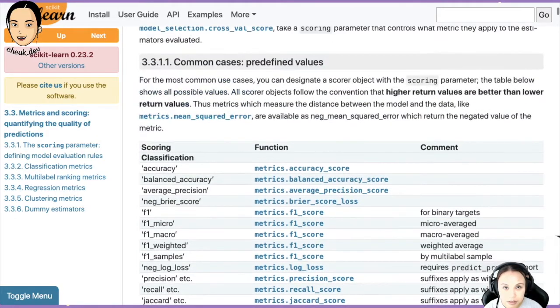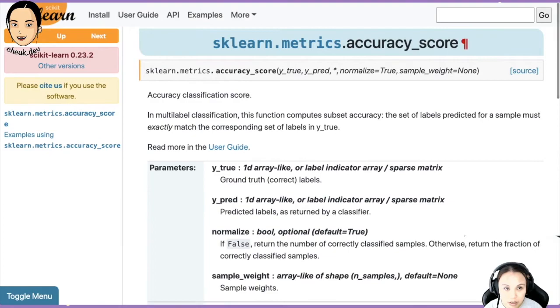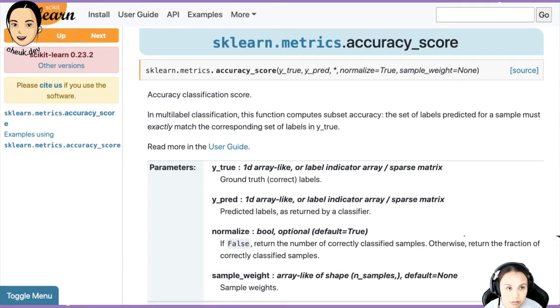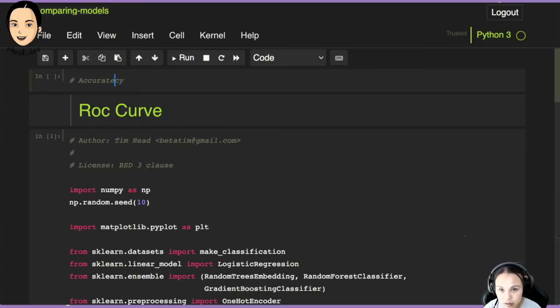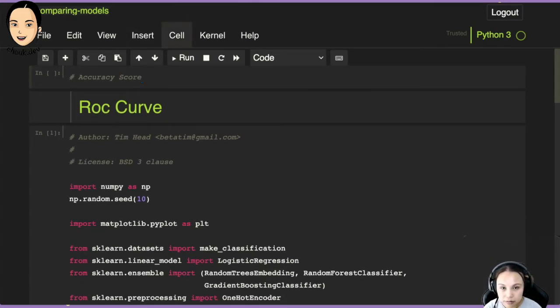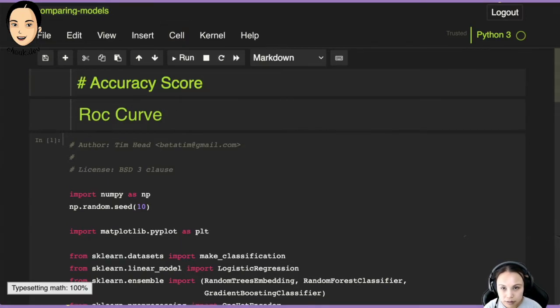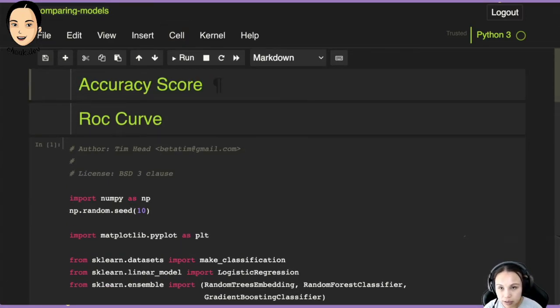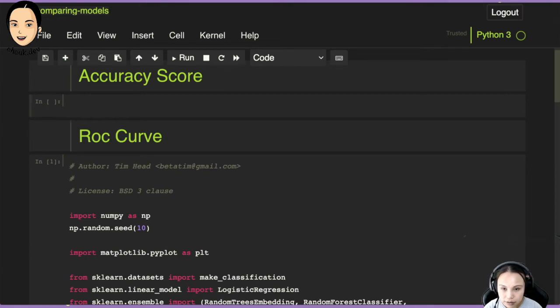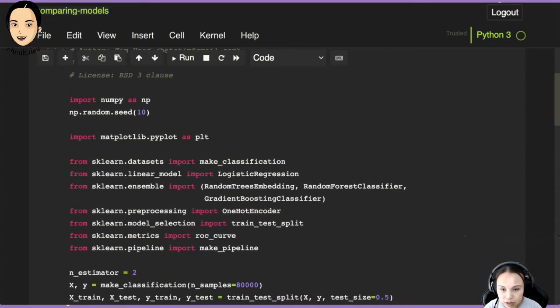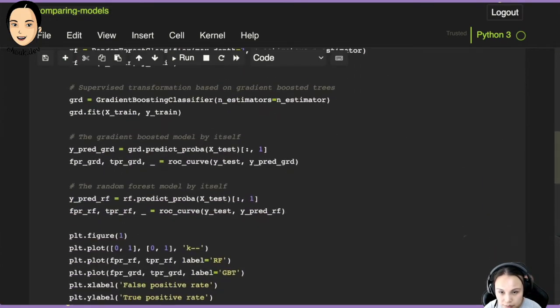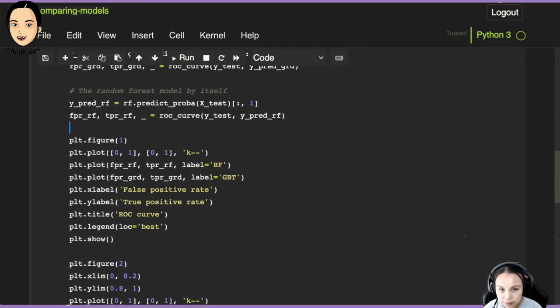Accuracy score. Score, right? Okay, so down I have this, and then I would have... Actually, this is okay. I have to split the cell because I need the prediction, and this is doing